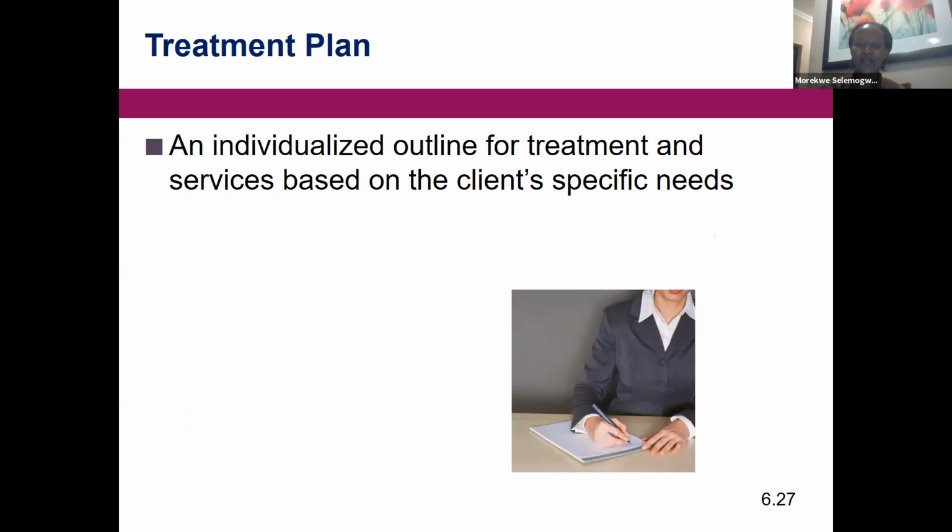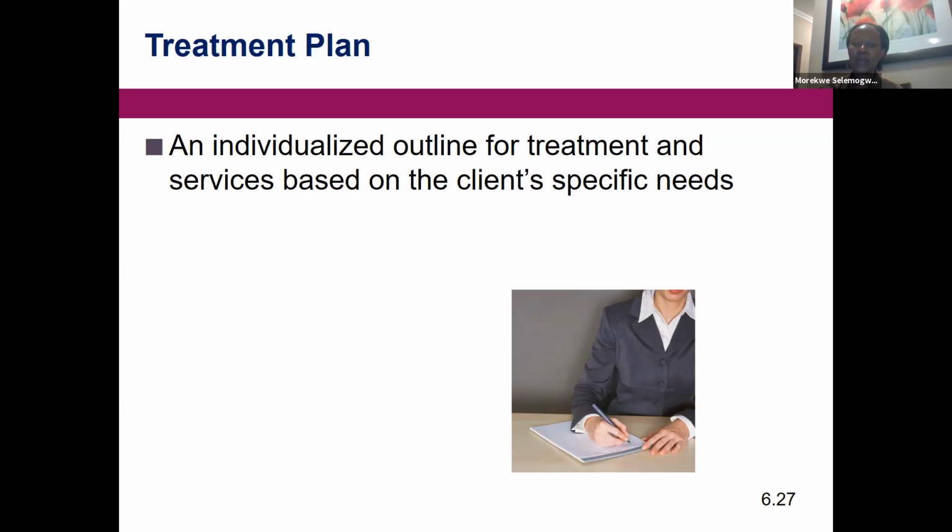After we get the information from assessment, which actually informs our treatment plan, we go into the next phase. As said in the slide, we do treatment planning. It's very important to get thorough, detailed information so that it can help you to plan accordingly, individualize it to the specific needs for your client. So treatment plans should be specific, should be individualized so that they meet the client's specific needs.